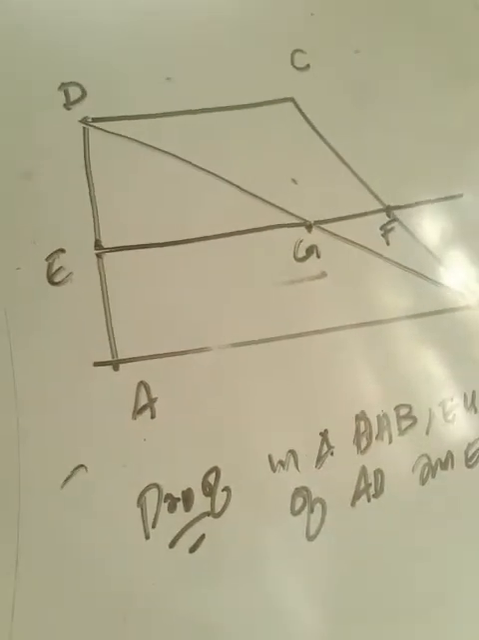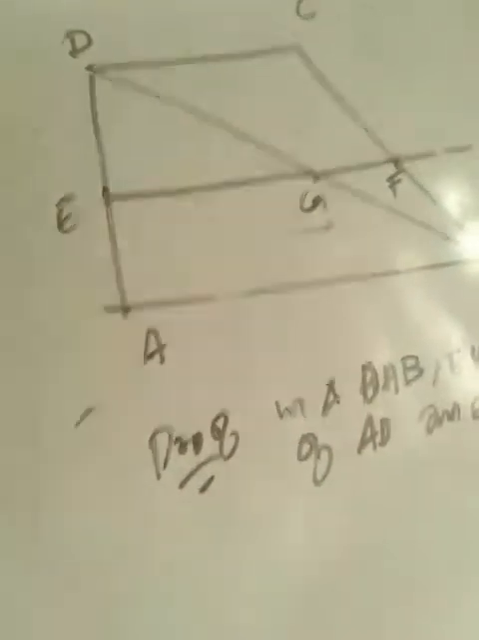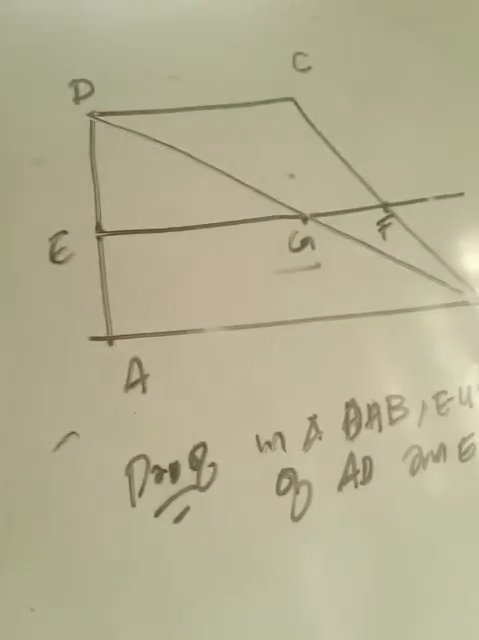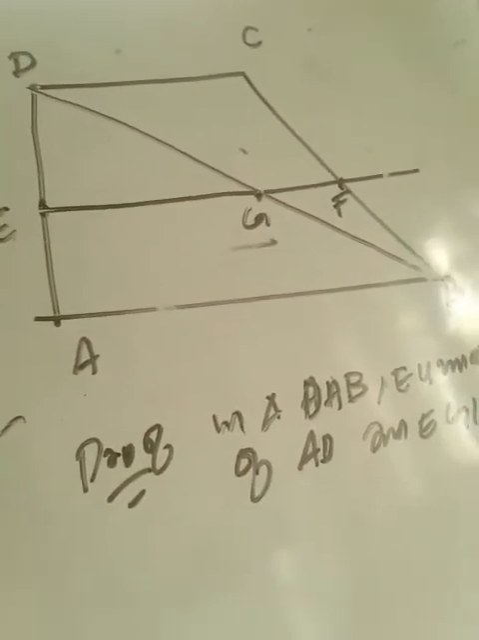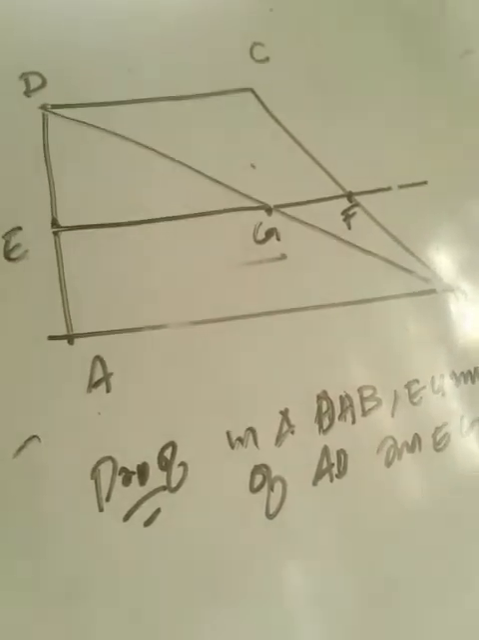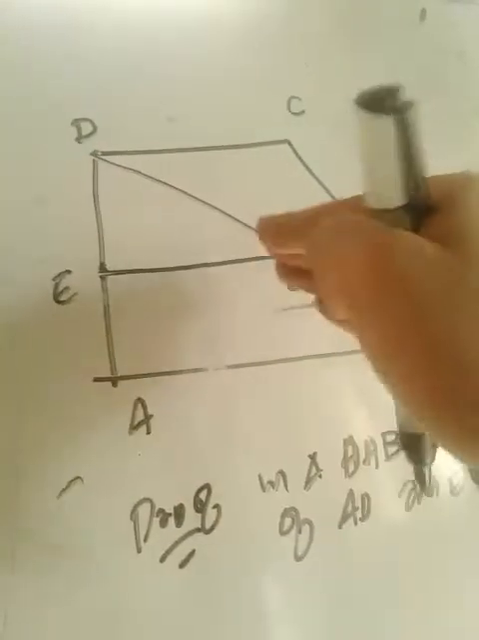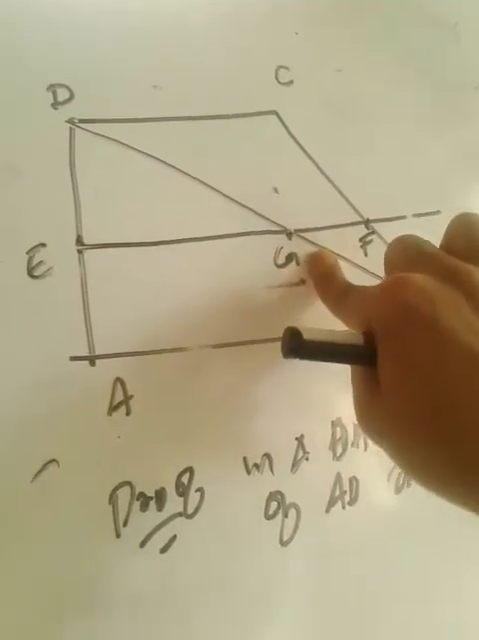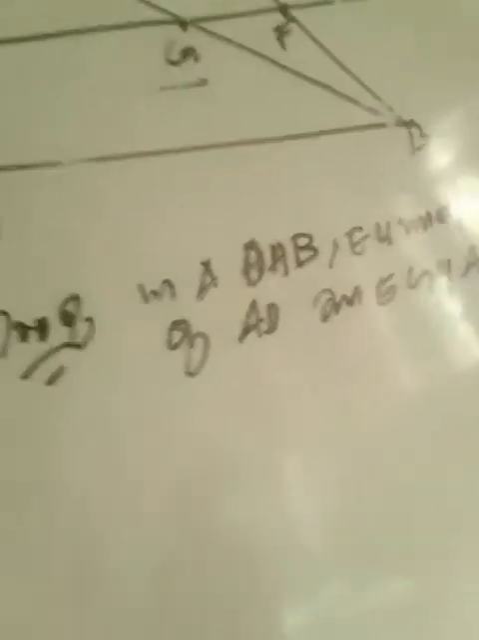How is EG parallel to AB? Because EF is parallel to AB. When a whole line is parallel, half part of it is also parallel. So recall the converse of the midpoint theorem: if a line segment is drawn from the midpoint of one side of a triangle parallel to another side, then it bisects the third side. E is the midpoint, EG is parallel, so by the converse of the midpoint theorem, G is the midpoint of